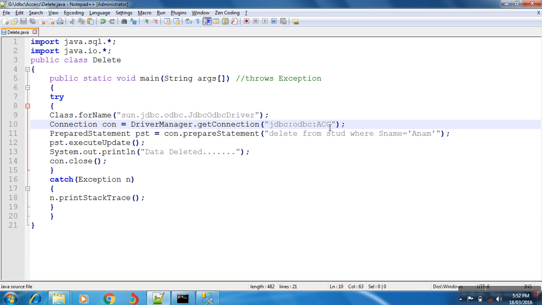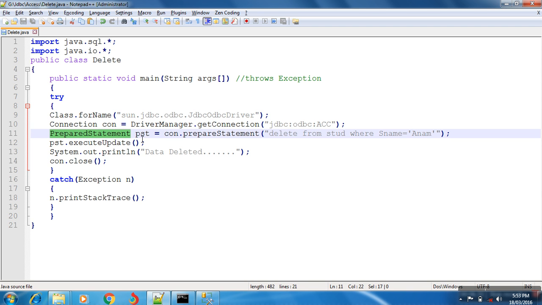The full form of DSN is data source name. With the help of DSN we will connect the Java application to the database. Correct? So your second step is you have to create the database, and your third step is you have to create the DSN. Okay, now it is the first step.